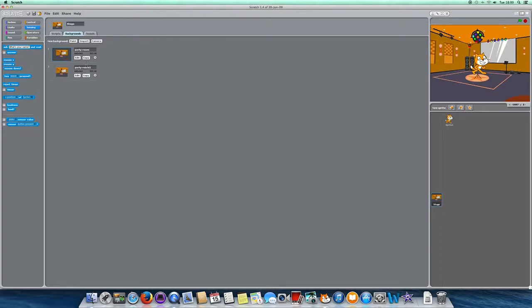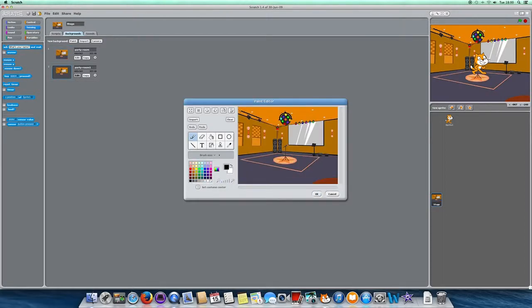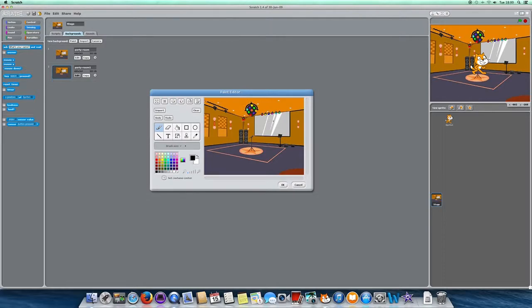If you copy it and then go to edit, you've got the paint editor come up. If you take something like this disco room, we can change the colour of the lights so they don't just stay one colour. We can actually animate it simply by choosing the paintbrush, changing the size to roughly the size of the lights, and then choosing different colours,